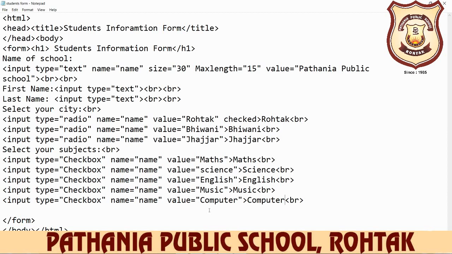But in the previous lecture, we learned chapter number 4, and in chapter number 4, the last topic, how to insert a form in your web page. And we have already discussed the input tag, and for the input tag we have already discussed the text type, checkbox type, and radio box. Okay, so today we learn the next control, and the next control is your submit.